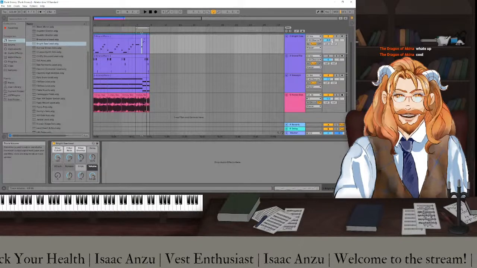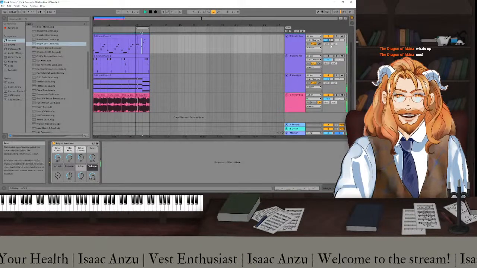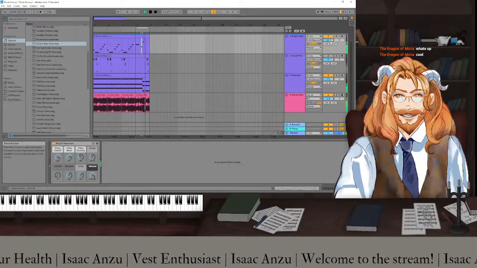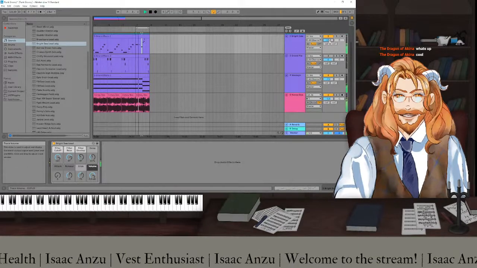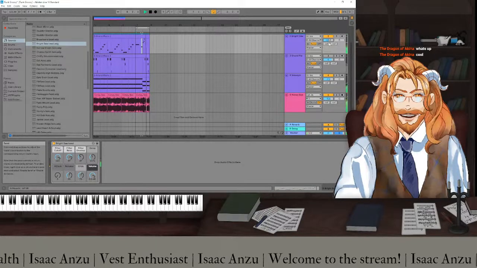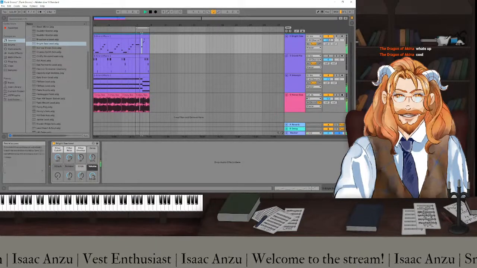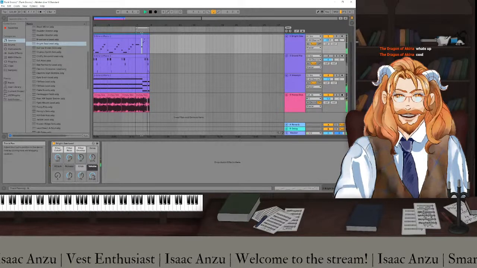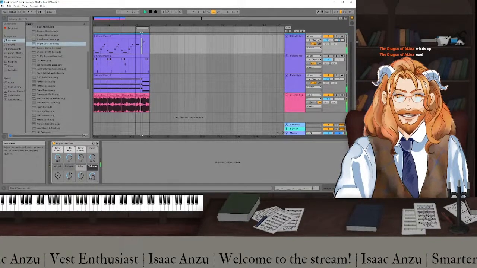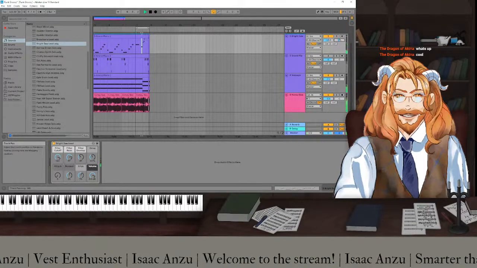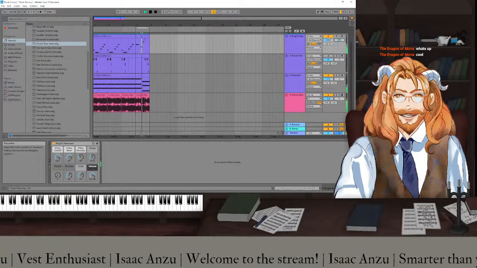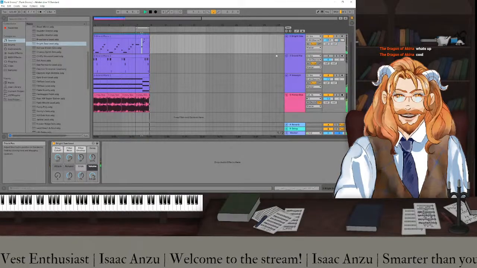All right, and then we can actually turn this down quite a bit, and blend it with the trumpet sound, which is coming slightly from the left. There we go.